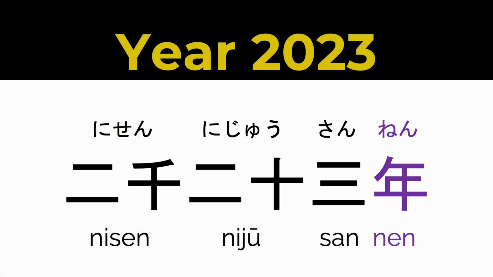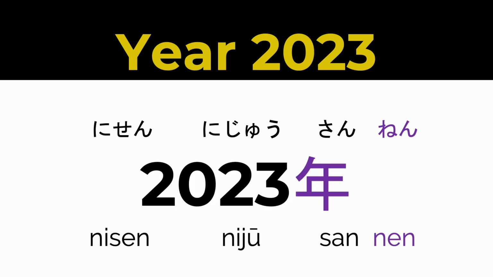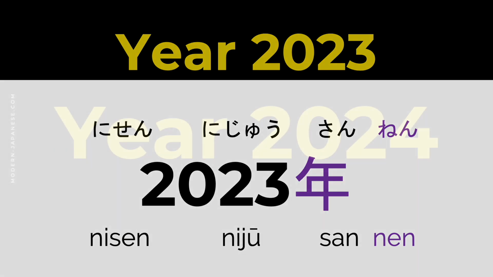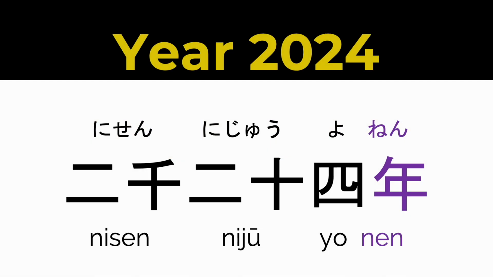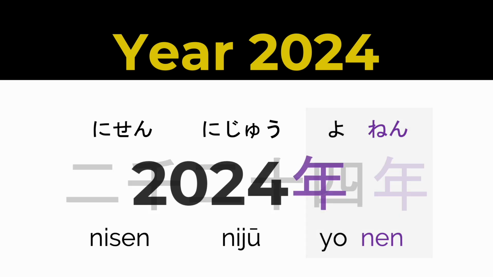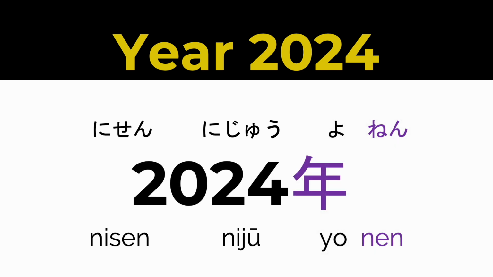Now let's try to say and write year 2023 in Japanese. 2023年。Let's try to say and write year 2024. Could you pronounce and write ni sen ni juu yonen? And remember, it's yonen, with the yo reading, as we learned earlier. 2024年。